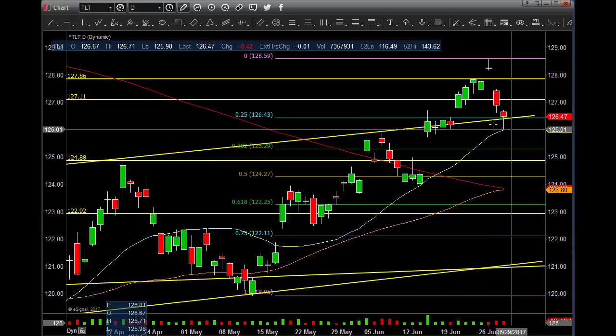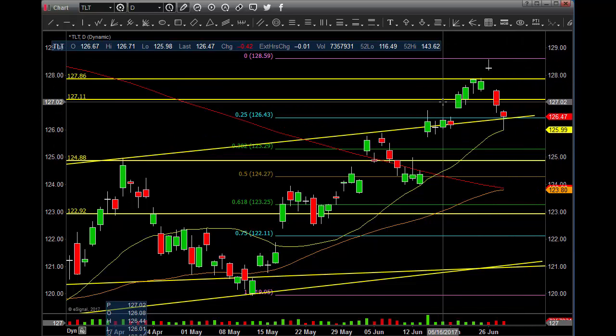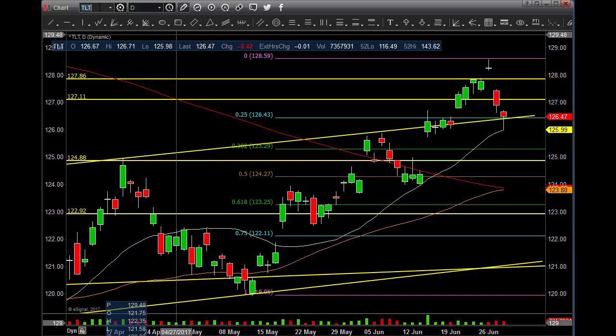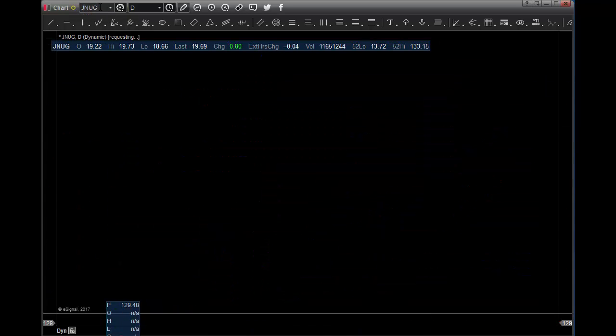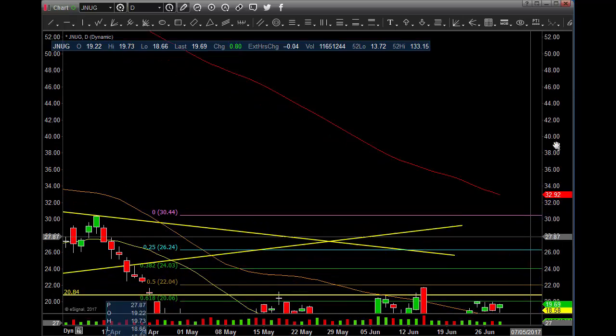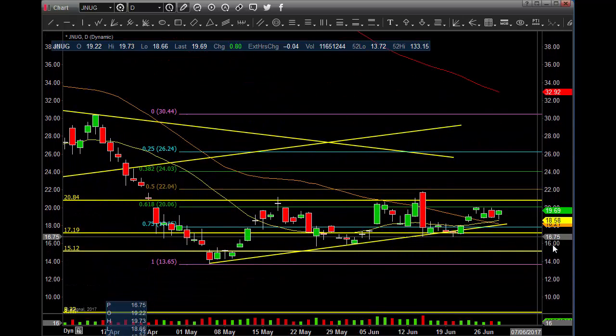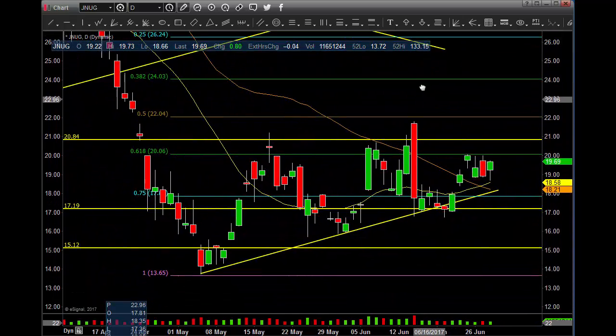So good bounce area though right here. Let's see if we get some follow through on this thing tomorrow on the TLT. Let's go into the JNUG. JNUG, guys, not too much on this one. I'm going to go to the GDXJ, but the one thing I wanted to show you on this, though, look